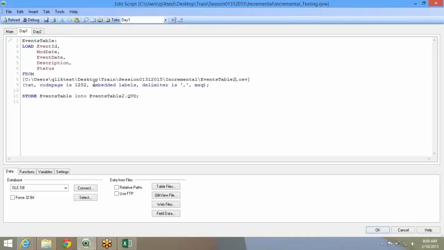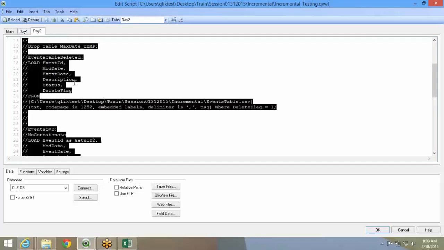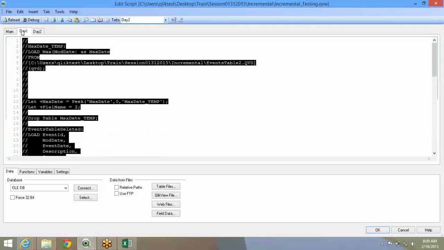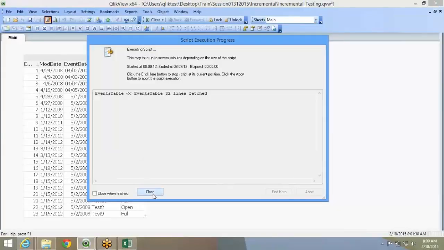Store it as events table 2. Okay, no, CSV. This is 82 records.